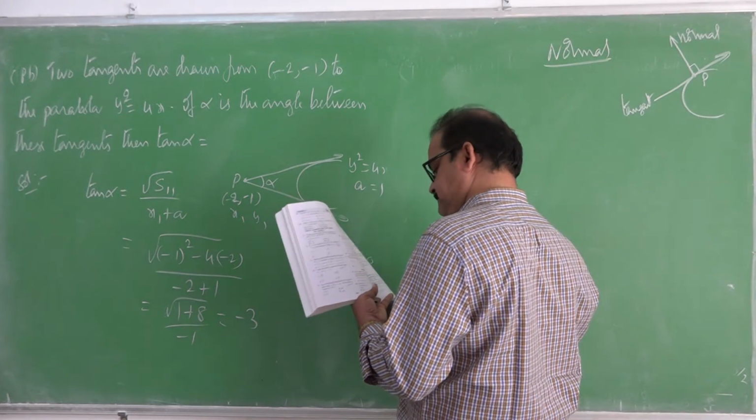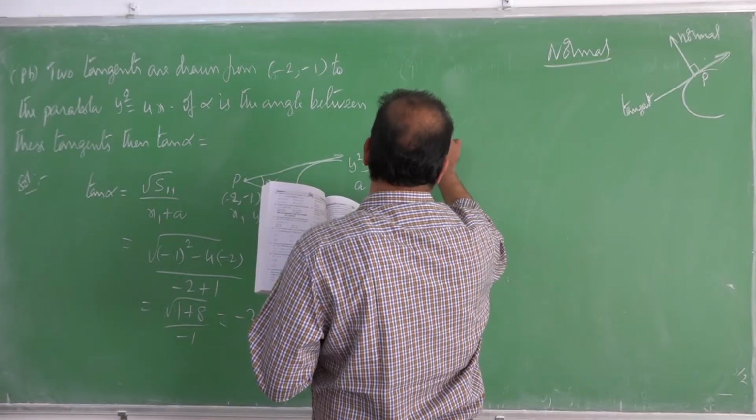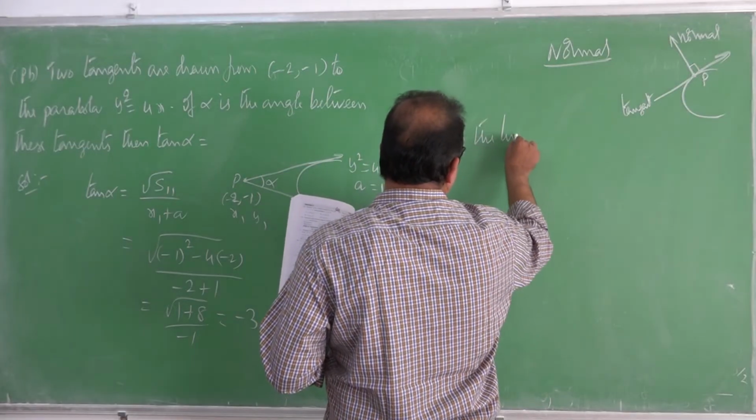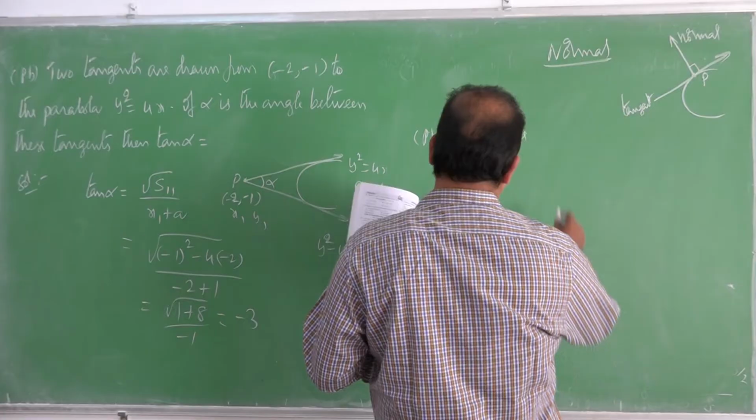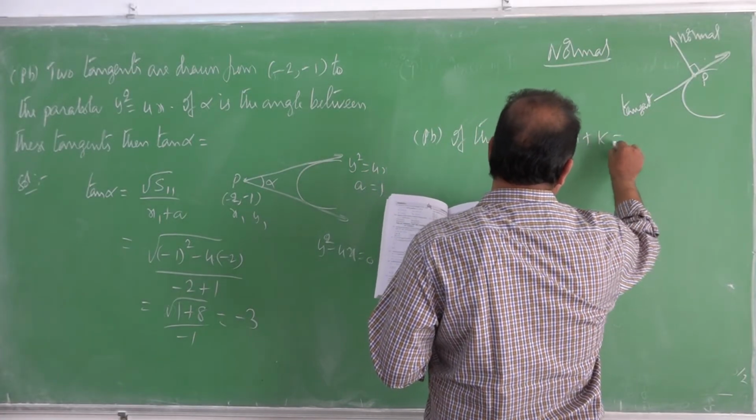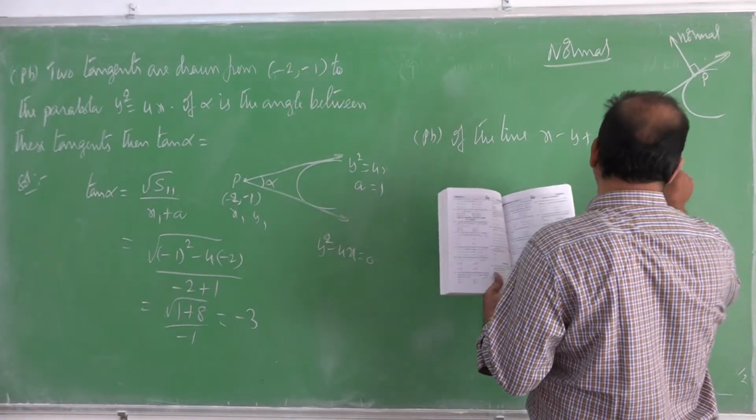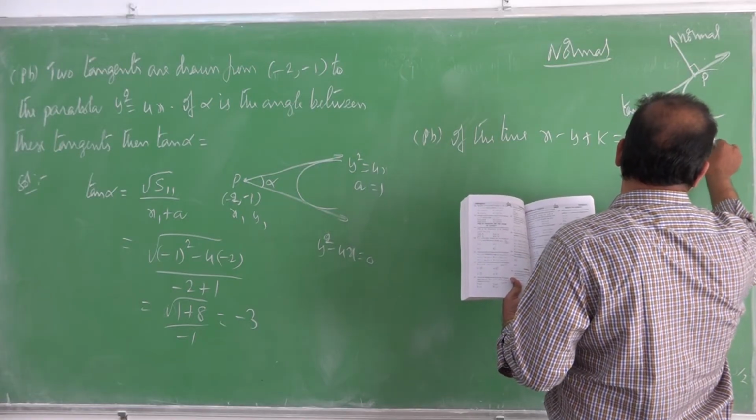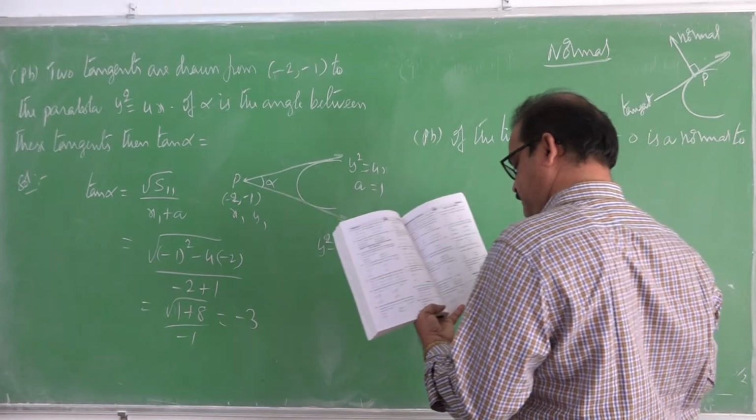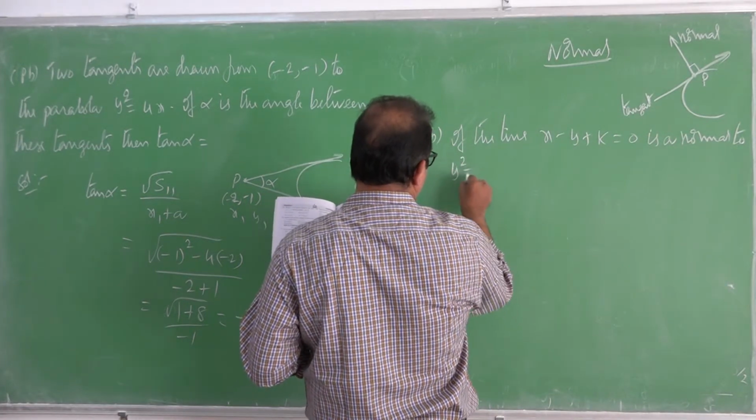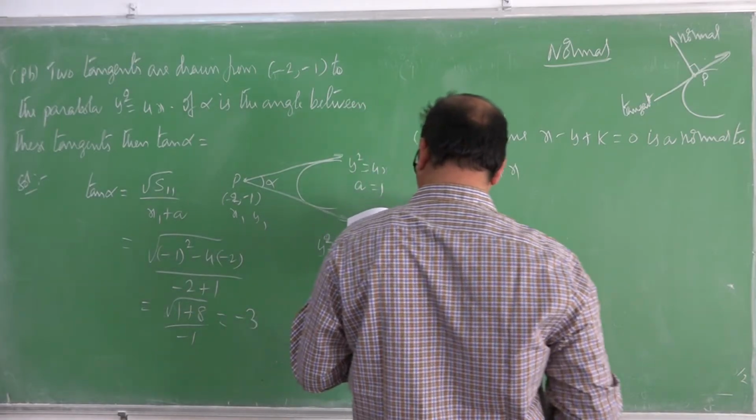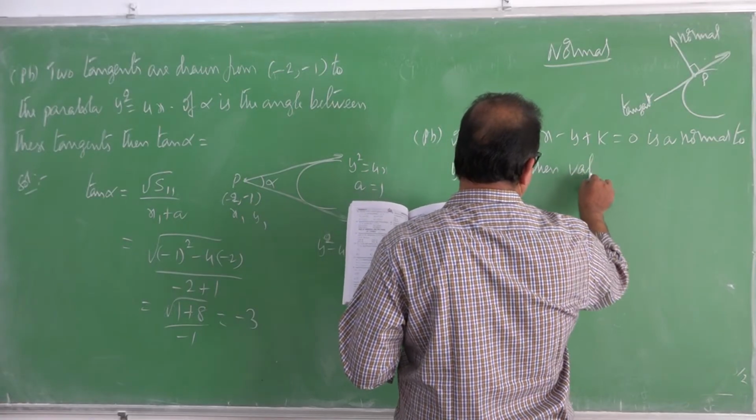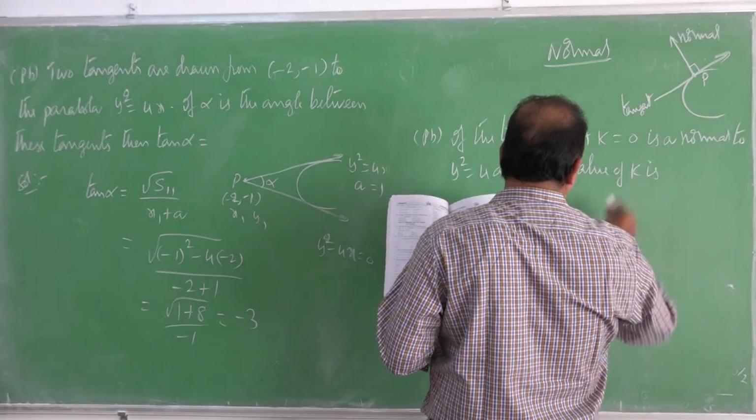Okay, write one problem. If the line x minus y plus k is equal to 0 is a normal to the parabola y square is equal to 4ax, then the value of k is,